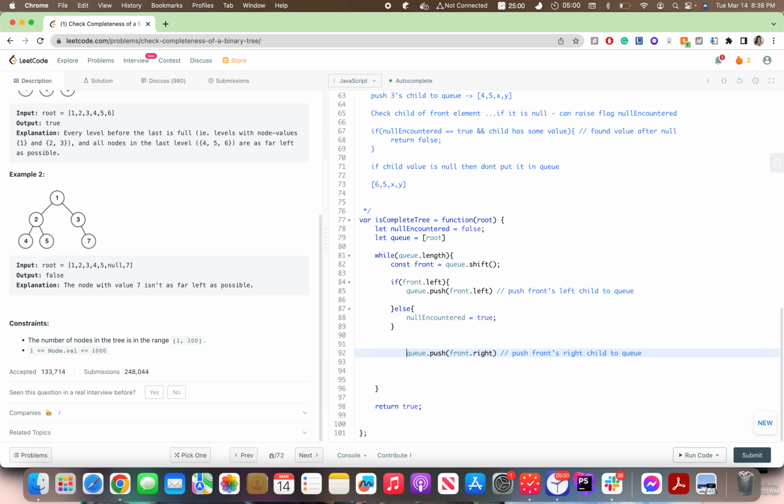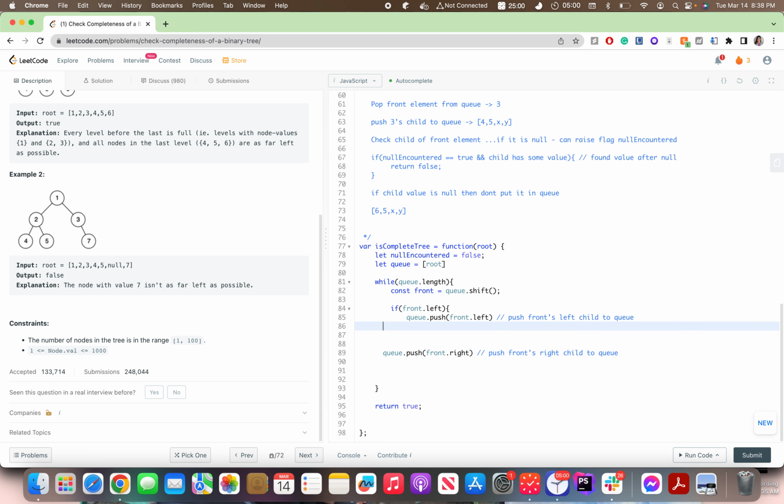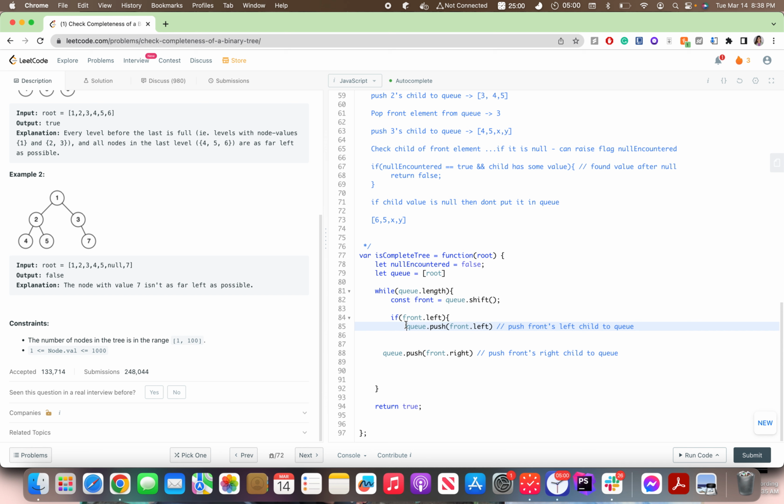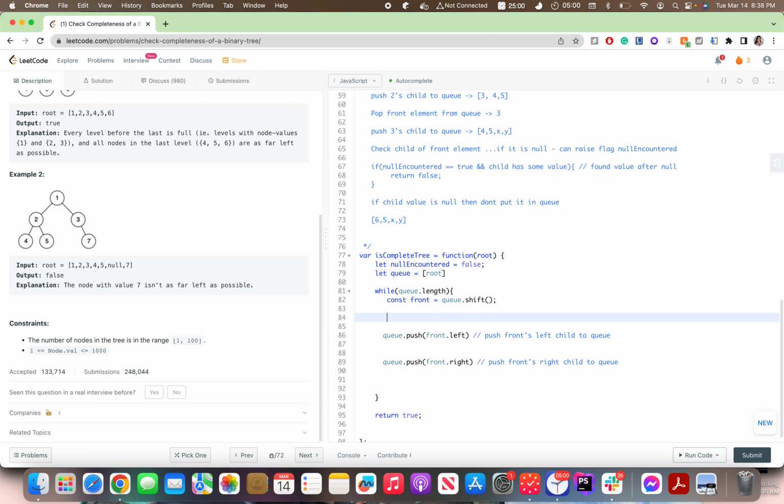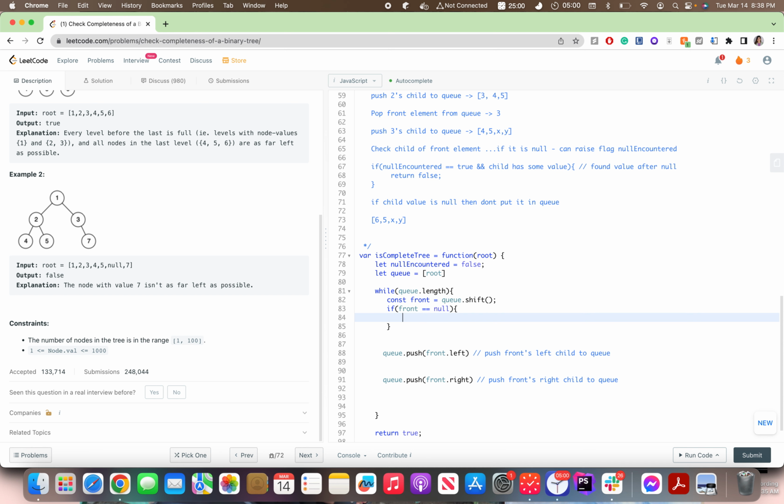I don't care, I'll push it anyway. So since I'm also pushing the null value, this front value can be null as well, right? So what I'll do is, if it is equal to null, then I will say that null encountered is equal to true,